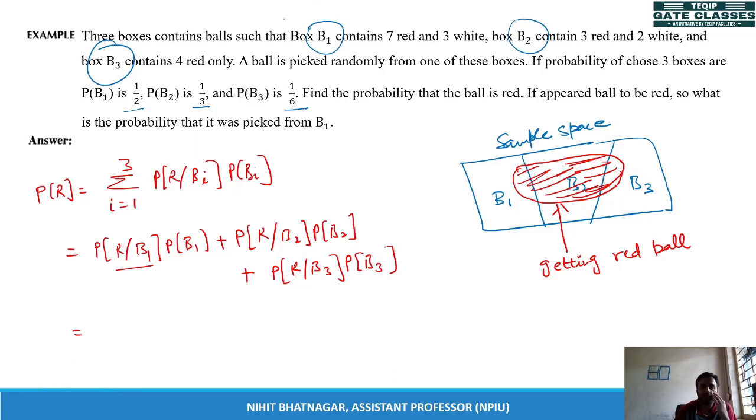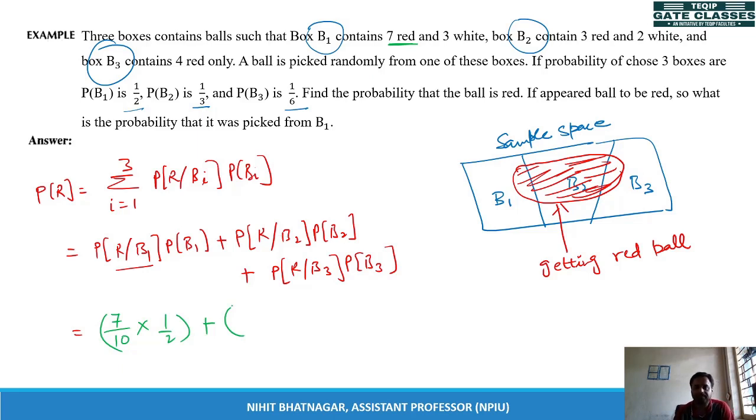Now the red ball falling from box B1: B1 contains 7 red balls and the total balls are 10. So the probability of getting a red ball from B1 is 7 by 10, multiplied by the probability of selecting B1, which is 1 by 2. So it is 7/10 into 1/2, plus